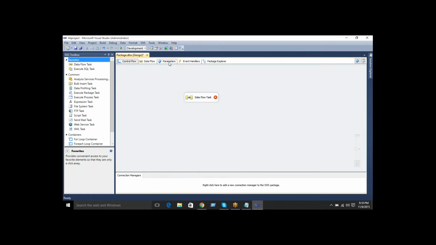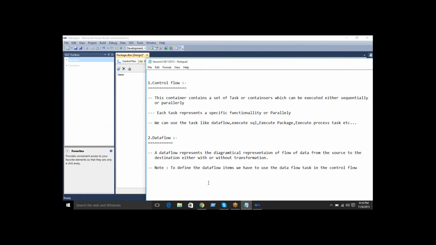Next one is parameters. These parameters were introduced in SQL Server 2012 only. In the 2005 and 2008 versions there is no parameters tab. Sometimes you may be asked the question: what are the new features available in SQL Server 2012?